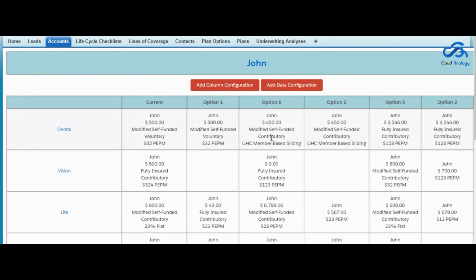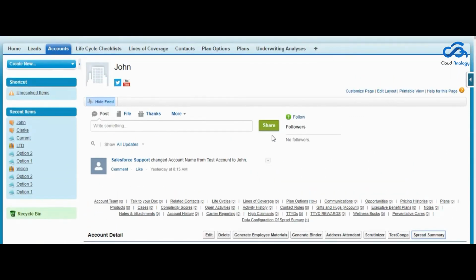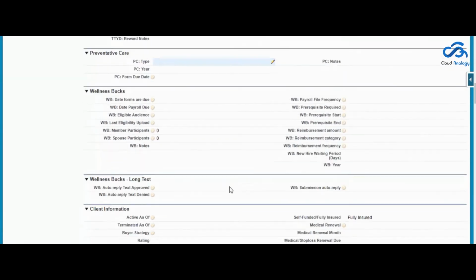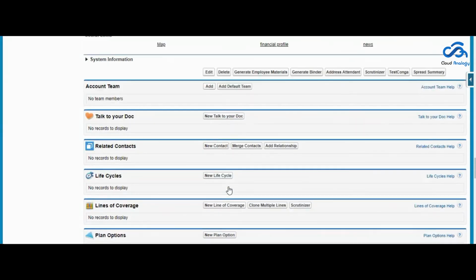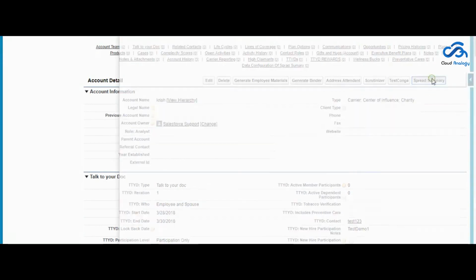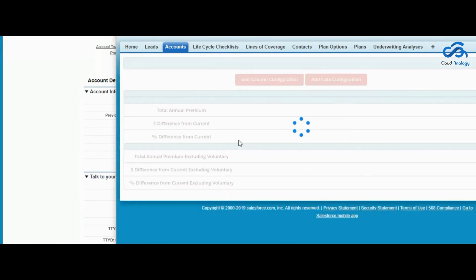And I would like to show you another account record that does not have any line of coverage and plan option. So this account doesn't have any line of coverage and plan option. Then we will click on the spread summary, which will simply open a pop-up message.